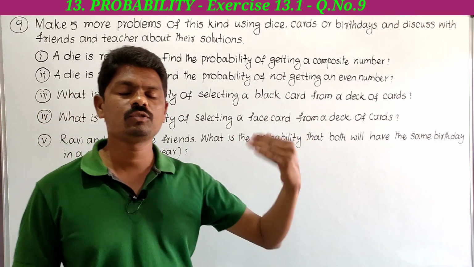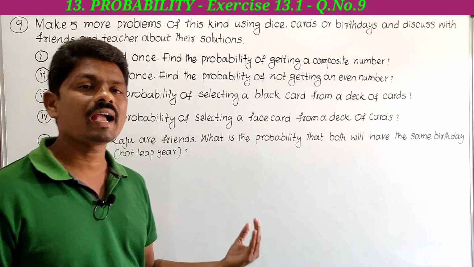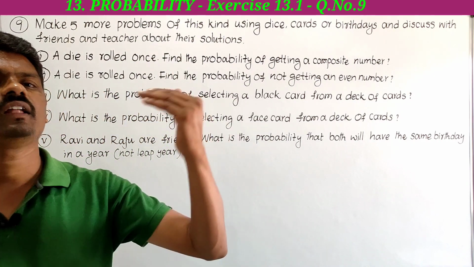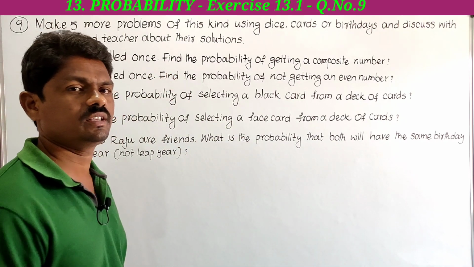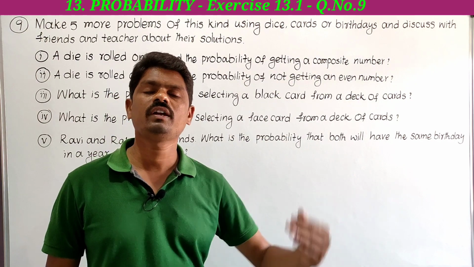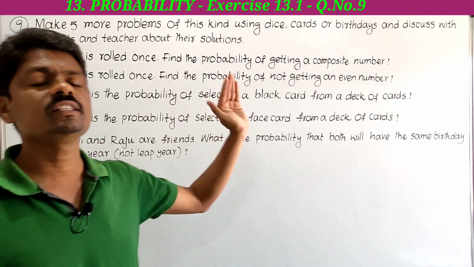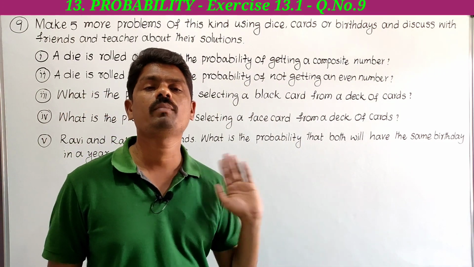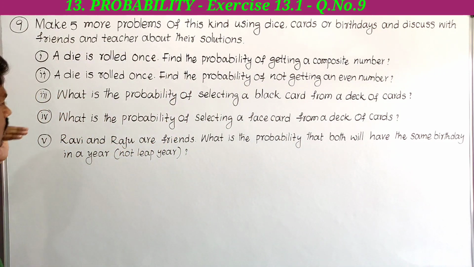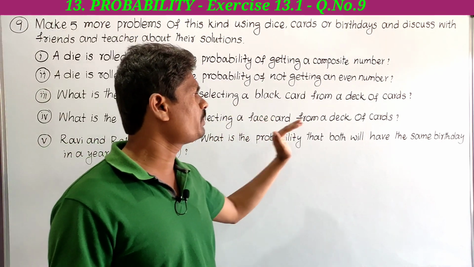Therefore total possible outcomes equal to 52. So among 52, black color cards are 26 and red color cards are 26. So here favorable outcomes for black color card is 26. Therefore probability of black color equal to 26/52. It is 1/2. So next, fourth one, what is the probability of selecting a face card from a deck of